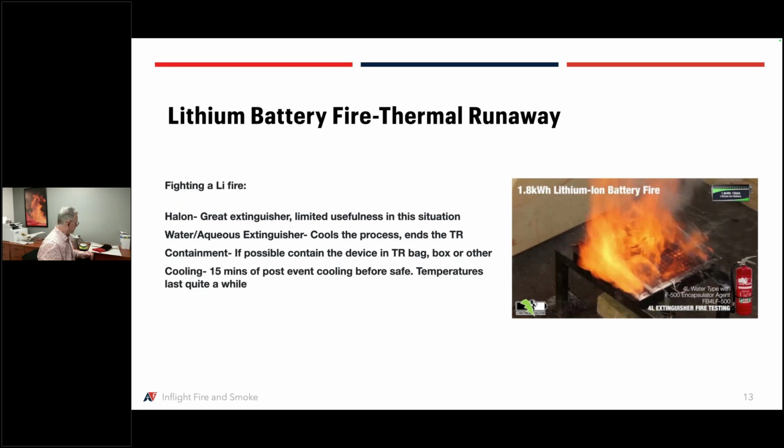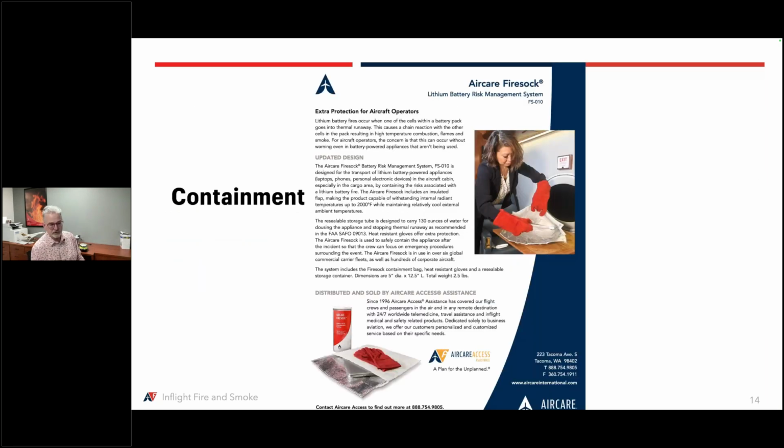Speaking of containment devices, I just want to show a couple, just so you guys know what's out there. There are a bunch of containment devices. Whatever you have is great. This is just one of the ones that we have. It's just full of fireproof material. It's a sleeve that folds over, that seals everything in, and has built-in vents because you want to let it vent. What I don't want you to do is seal something up so it's airtight,